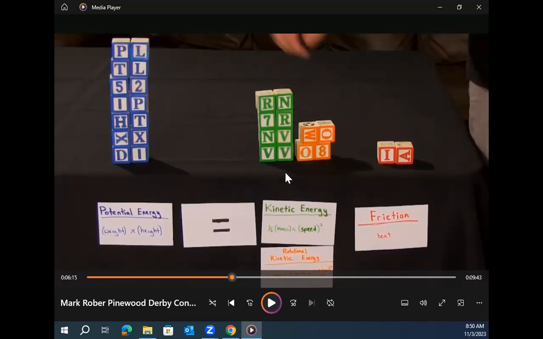Right. But this kinetic energy, he's got 2 kinds of kinetic. He's got this green translational kinetic. There's your 1/2 mv squared, right? And then he's using these yellow blocks to represent rotational kinetic. Now, those are just the wheels, right? The wheels are rotating. Now, I've kind of touched on this, but we haven't gone super in depth, but we will